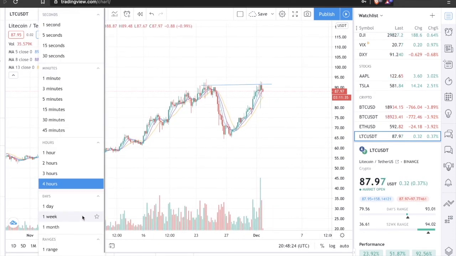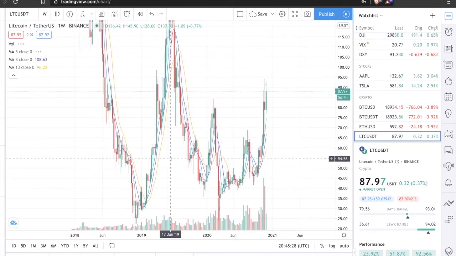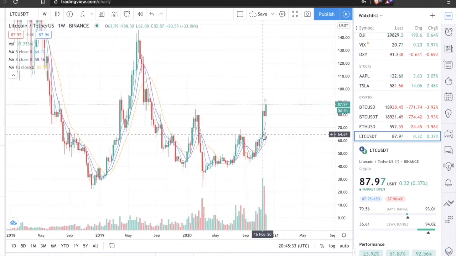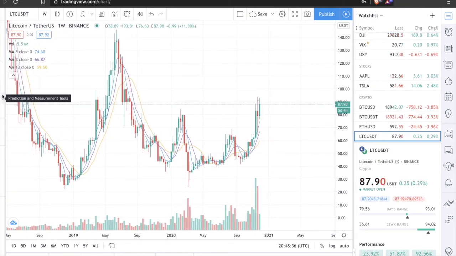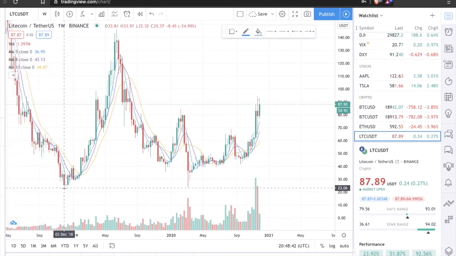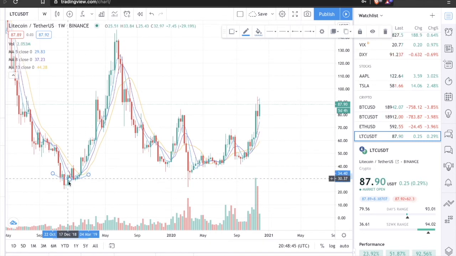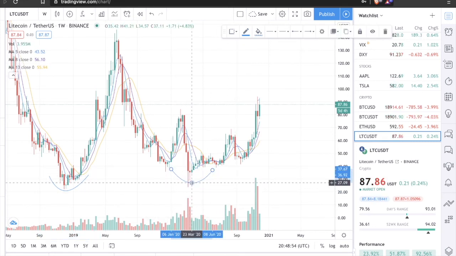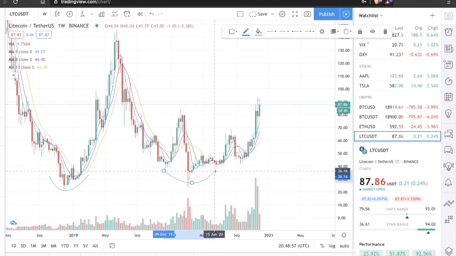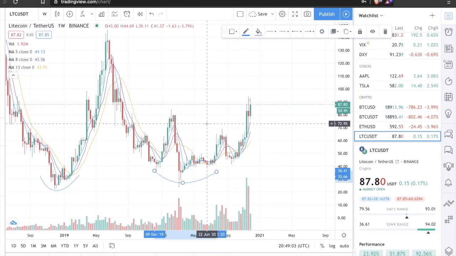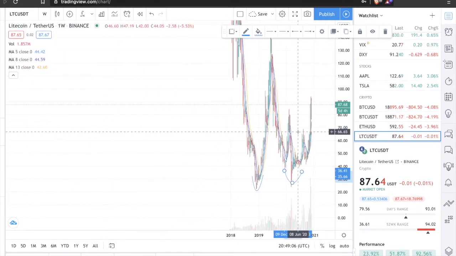In the long term, I already know that this is very healthy price movement, and in my opinion, we have formed right here what's called the biggest double bottom. I'm gonna add it on the chart. This is the first bottom, this is the second bottom. Guys, this is a very bullish pattern, and I know I'm going to talk about it more in the future. So this tells me that the price of this coin is going to have a lot of strength going up from here, and this was worth